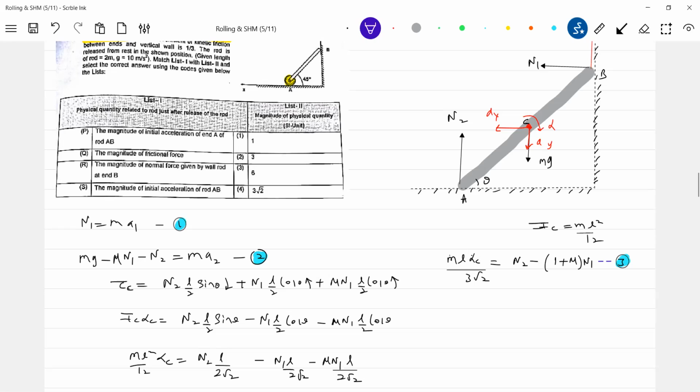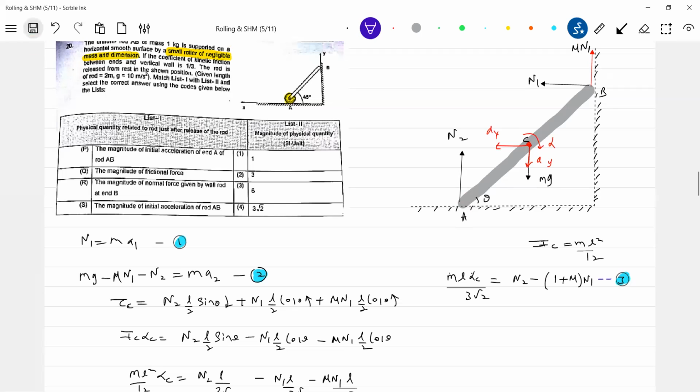Consider the constraint equation. Acceleration along the common normal should be equal. As because of rotation of the rod, it will have tangential acceleration. Then what is the acceleration of point A along the y-axis? Should be 0. Similarly, acceleration of point B along the x-axis should be 0. So I do take help of the constraint equation. With the help of that, I'll get a relation between alpha and AX and AY. That constraint equation will help us to solve further. So acceleration of